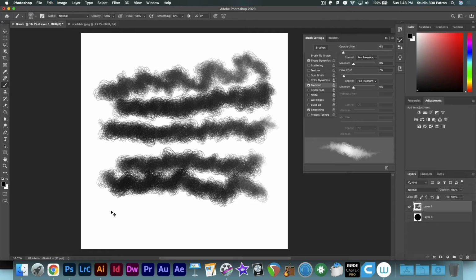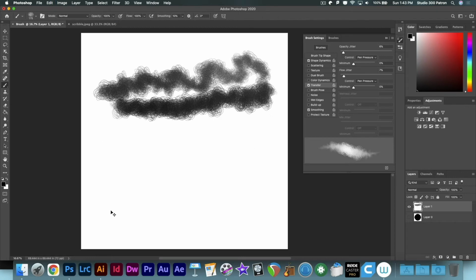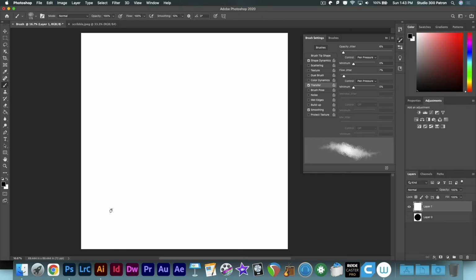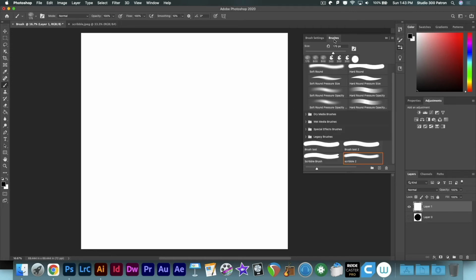All right, so that's 3 ways that you can make brushes in Photoshop. Now, if I wanted to export the brushes that I just made, I would go to the Brushes menu, and I see all my brushes are down here. And you want to make sure that you have an account with something like Dropbox or iCloud, something that you can open up on a tablet later, so you can use it with a mobile app. But we are going to